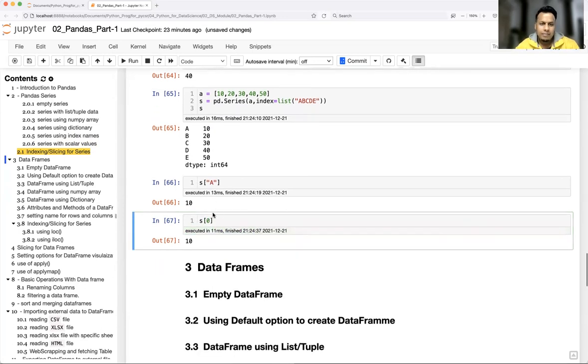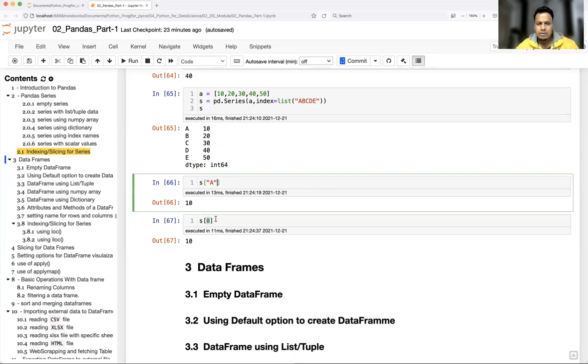This is very smart. Internally, a series or data frame also maintains an internal number, that is nothing but the default number of indexing. If the index name exists, it is well and good. If not, it has the default number, that is 0 to length minus 1. That's how you are able to access the first element of the series by using A or 0.